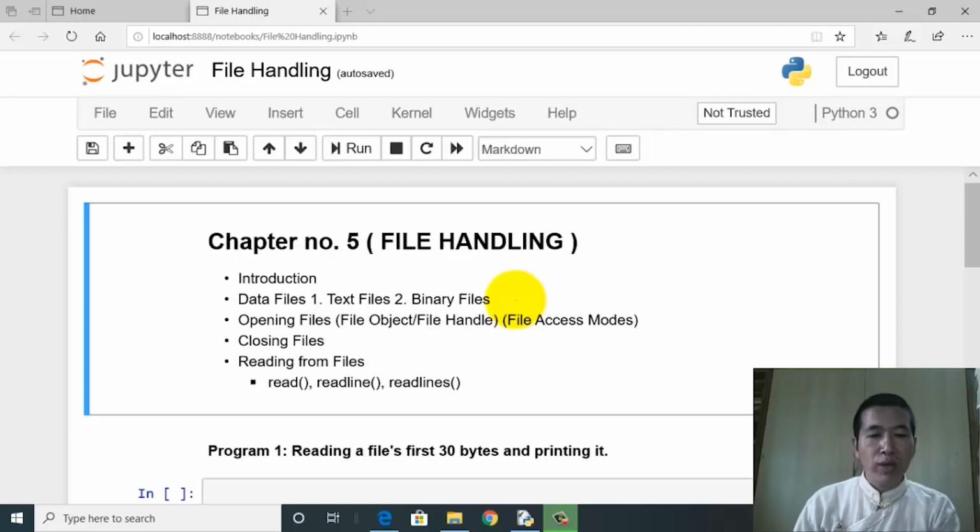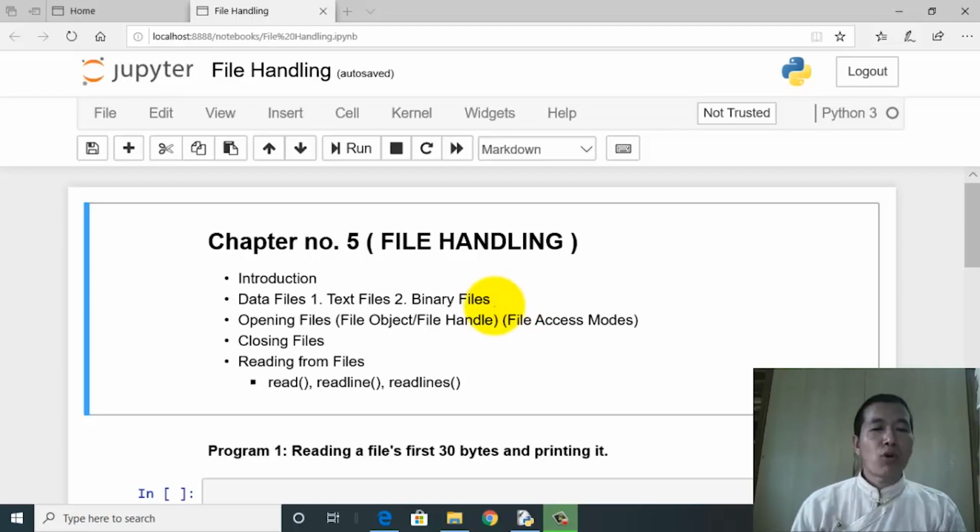If I pose you a question just to help you in differentiating between the first type and the second type, let's say which one of these two would be faster when it comes to reading, when it comes to writing? Understandably, the answer has to be the binary format. There is no translation as such. Hence, when the file is read, when the file is written into, the speed will be much faster. But having said this, text file has its own merits or advantages. So we'll keep this for the later videos.